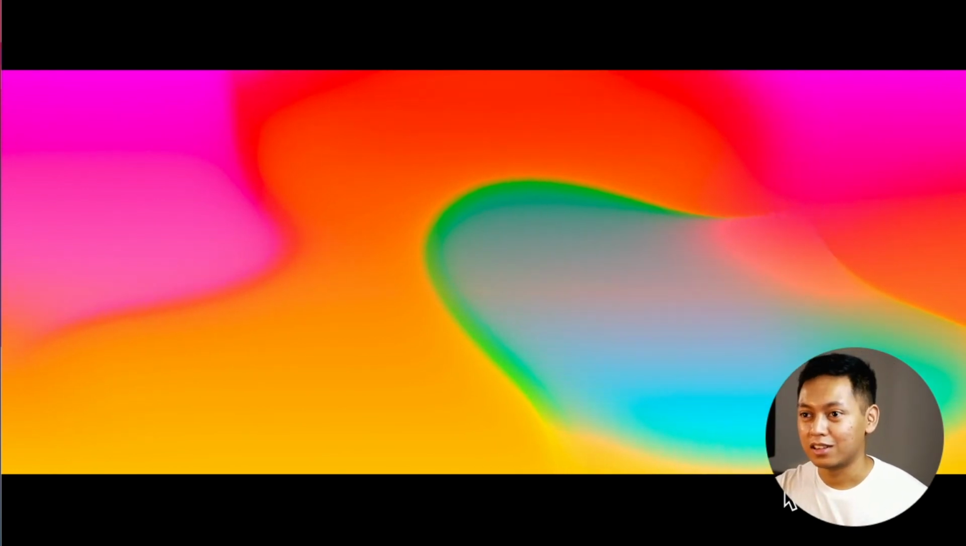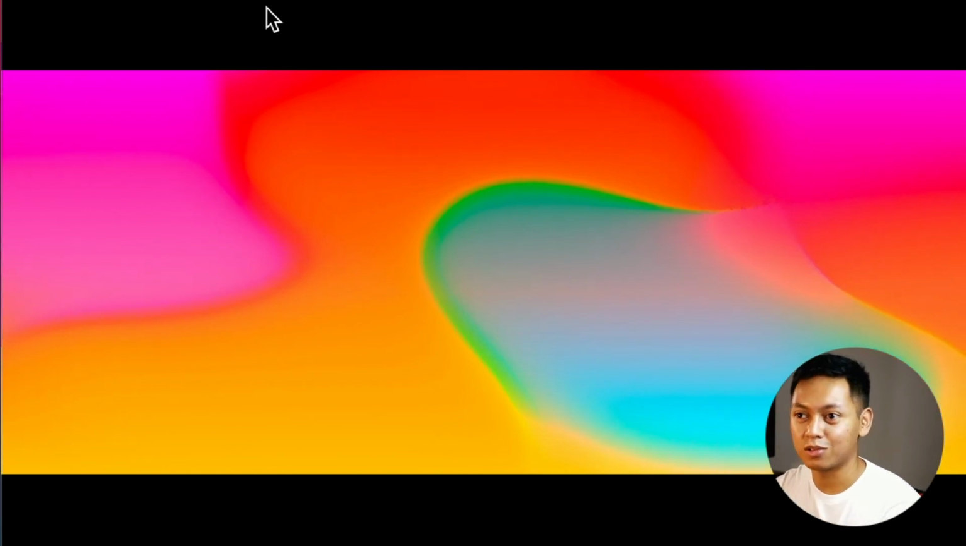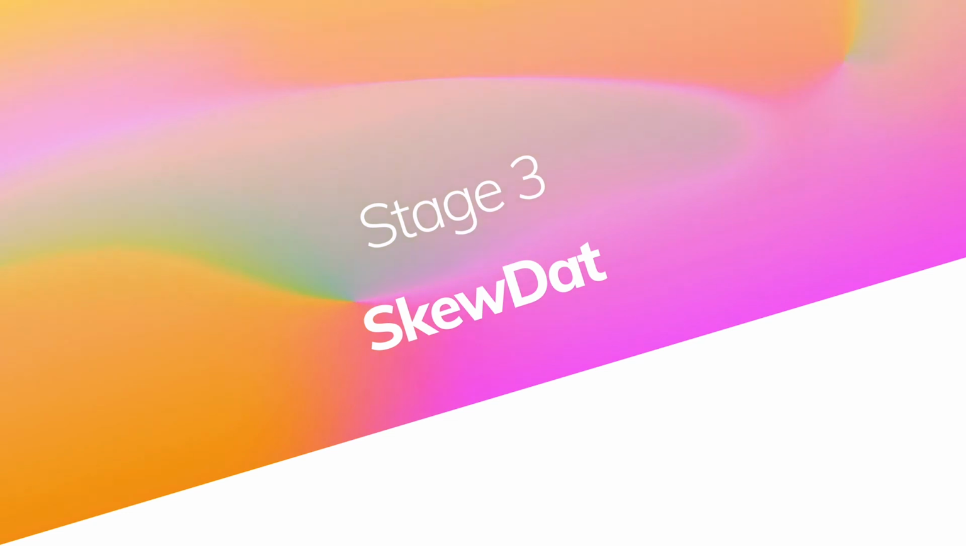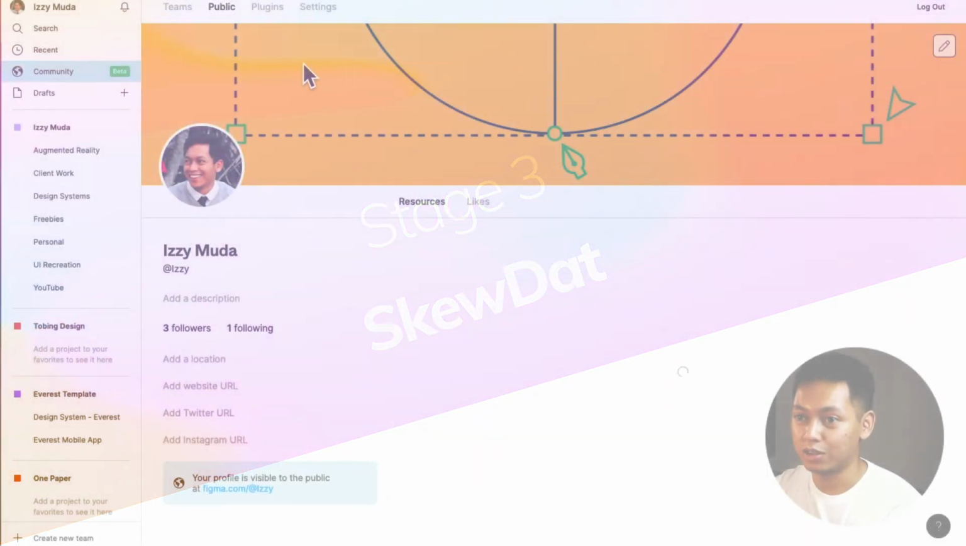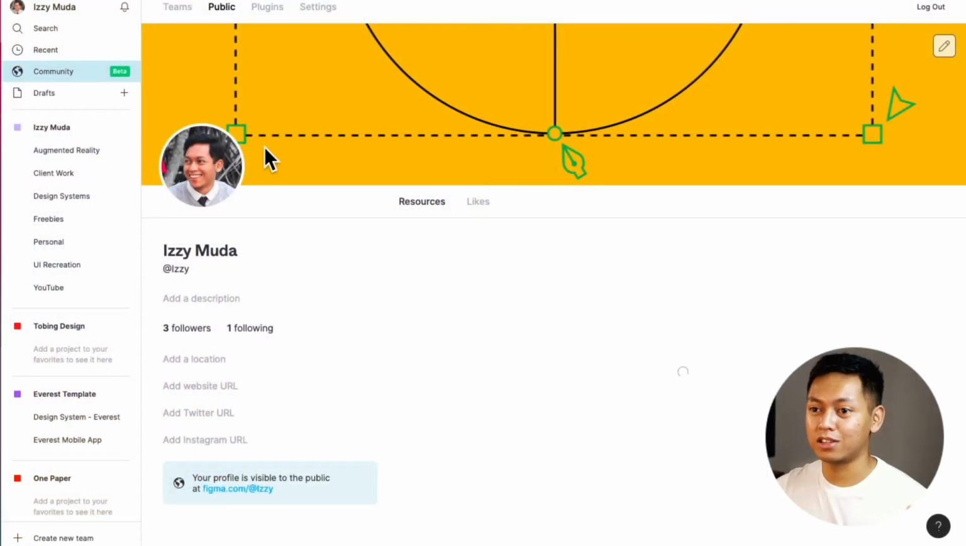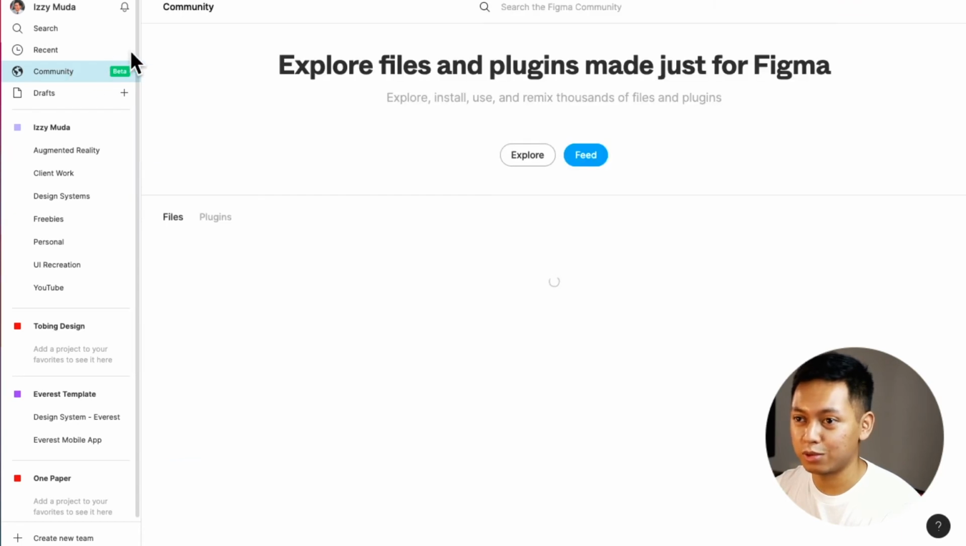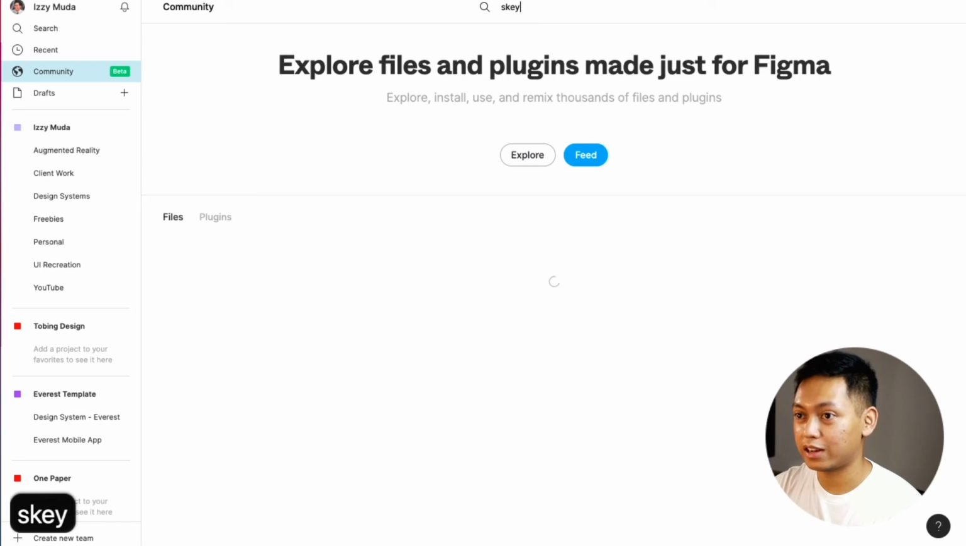So let's go download that plugin. Now I already have it, but because I'm guessing you guys don't, here's how you find it. So go into community. This is me, Izzy Muda. Just search Izzy and you'll find me. You know, follow me if you want to download the resources. But basically, just go into community, tap it twice if it's set to your profile, and search SkewDat